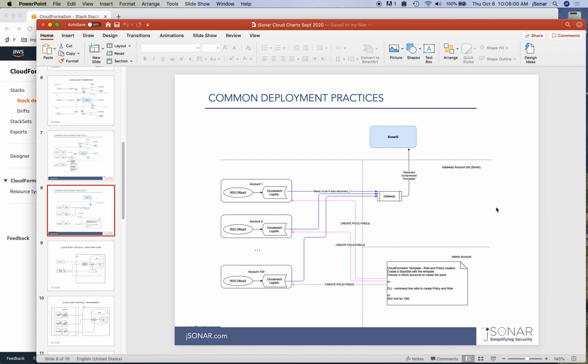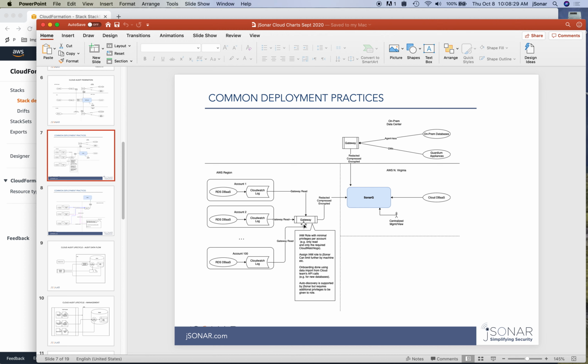And then at the end, once you deploy this stack set, each one of these accounts now has a role and a policy that allow the gateway to assume that role. And remember, in the CloudFormation template, there was the identifier of the gateway. So only this gateway can use that role. And then what happens is this: